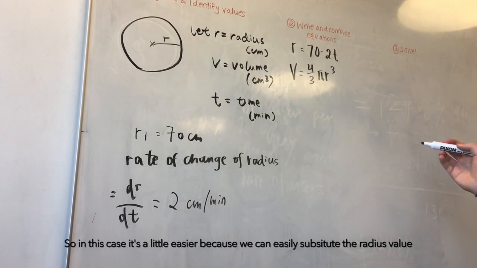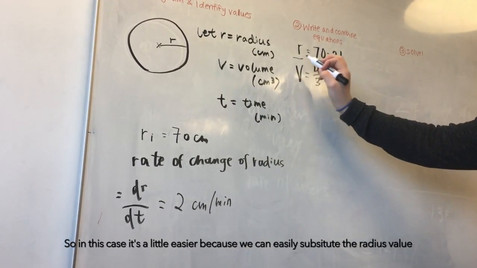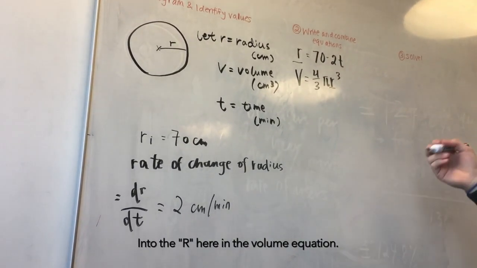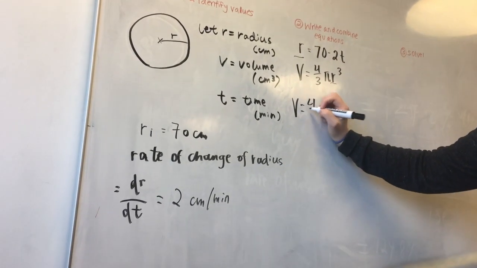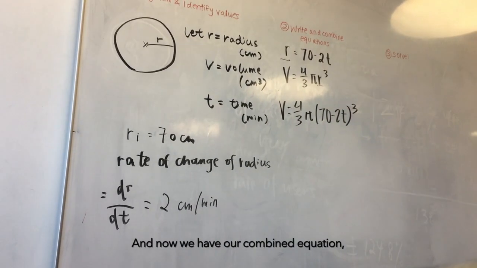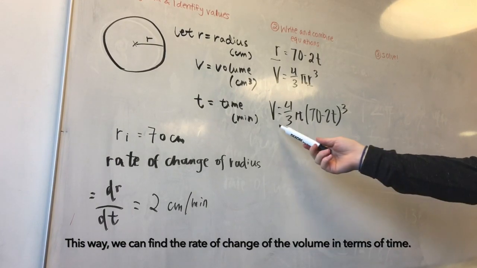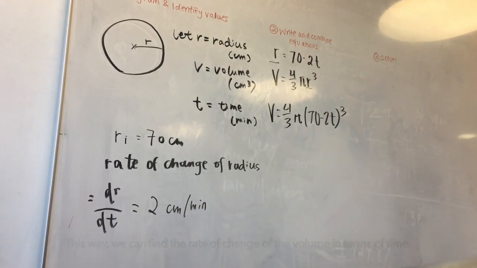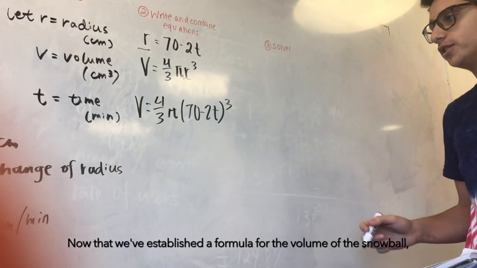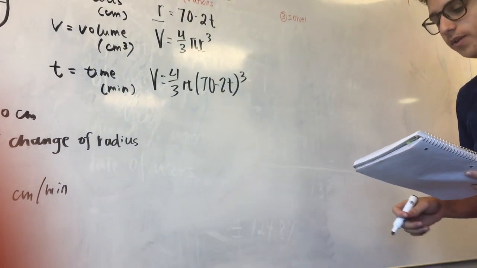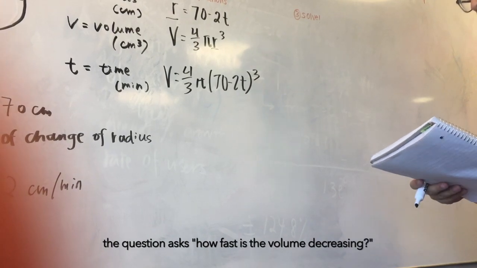So in this case, we make it a little bit easier because we can easily substitute the radius value into r here in the volume equation. And now we have our combined equation, and this way we can find the rate of change of the volume in terms of time. So now that we've established a formula for the volume of the snowball, the question asks